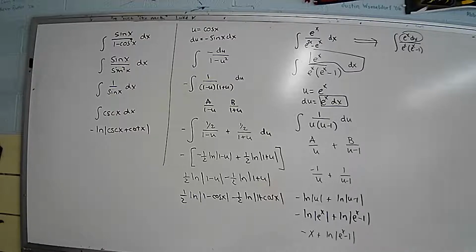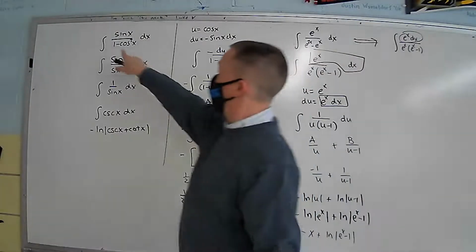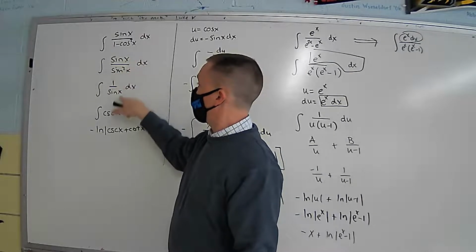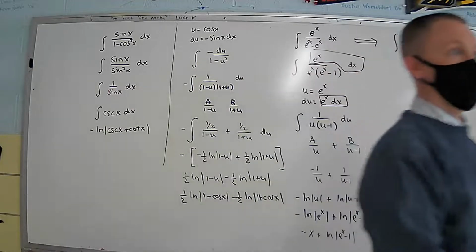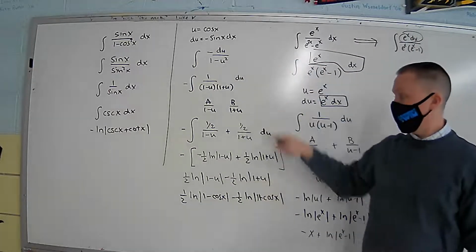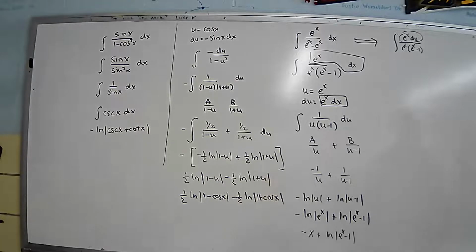I mean, this is right. 1 minus cosine squared is sine squared. Sine over sine squared is 1 over sine. That's cosecant. I mean, that's right. And this substitution here is right. Now, I did screw up that distributive property that I always thought, but